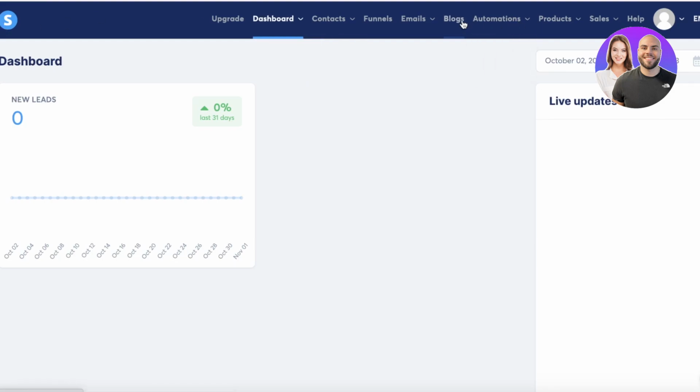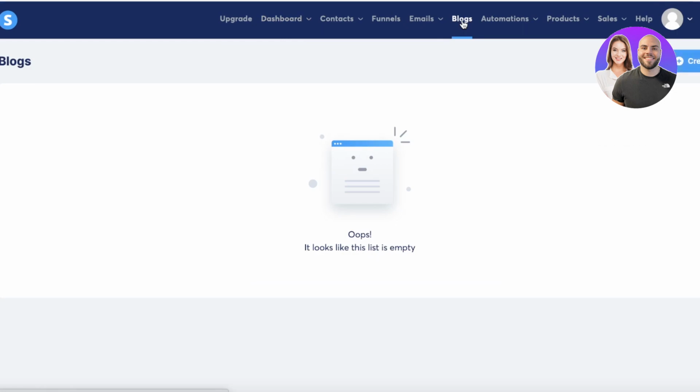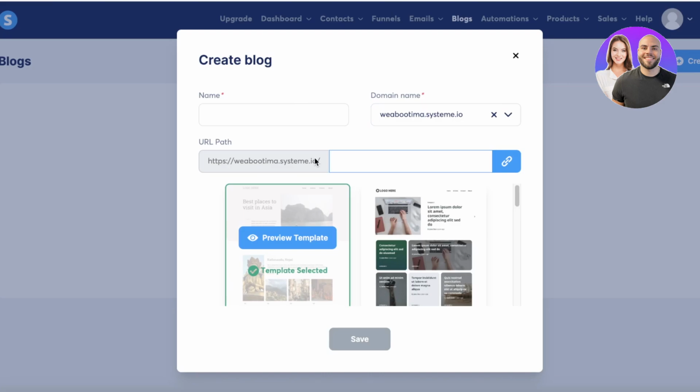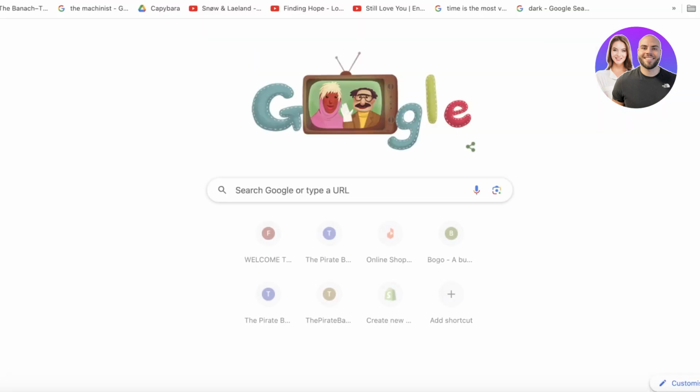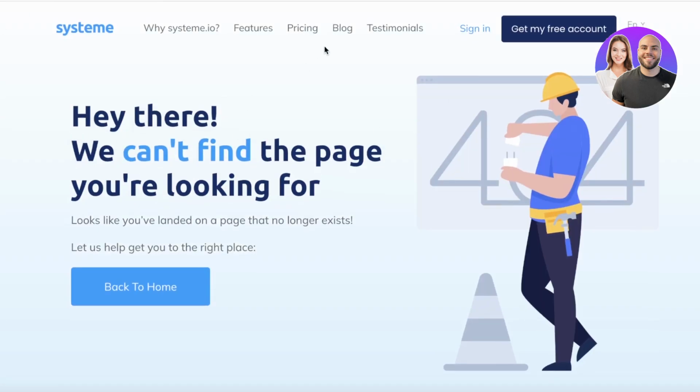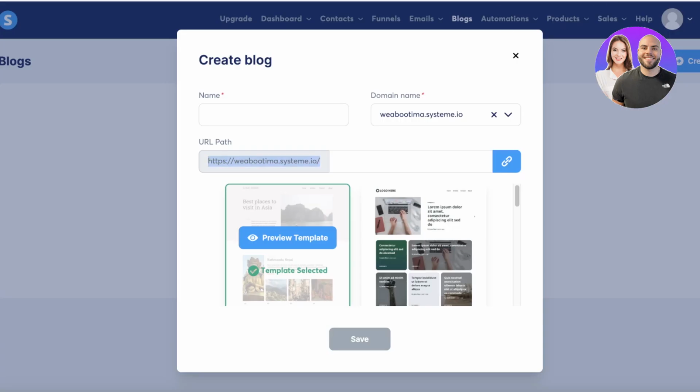So the first thing you might wonder is your blog. You can click on blogs over here and click on create, and you will be able to see your domain name that you get for free with System.io. So if I copy my domain name over here and paste it like this, I will be able to see my System.io blog. Currently, because I have not created any, it's going to show you an error. But what I'm going to do is I'm going to name my blog, which might be Autumn Trends over here,